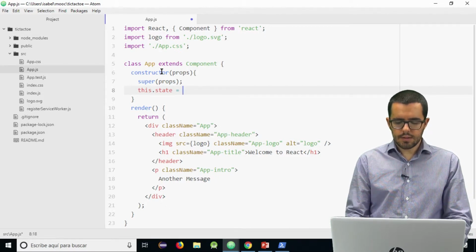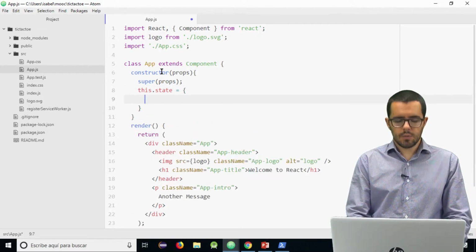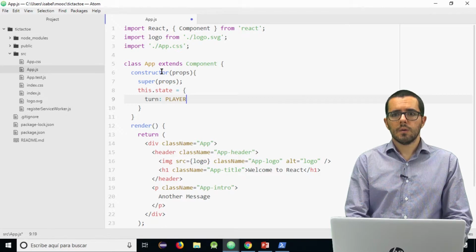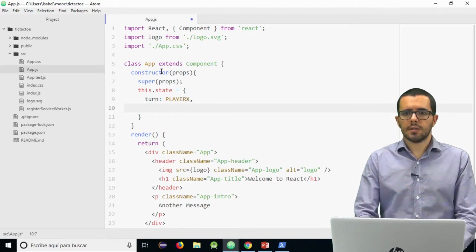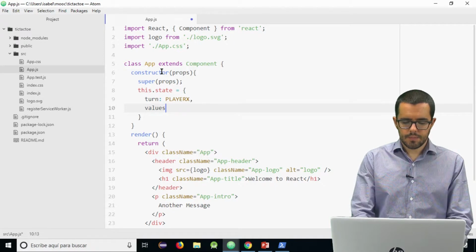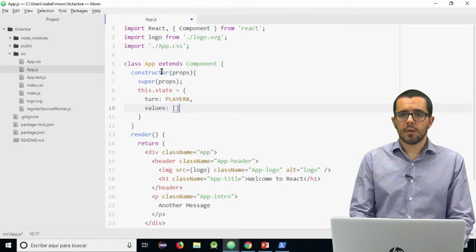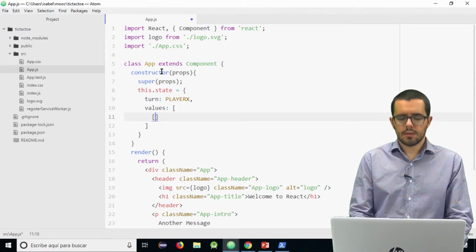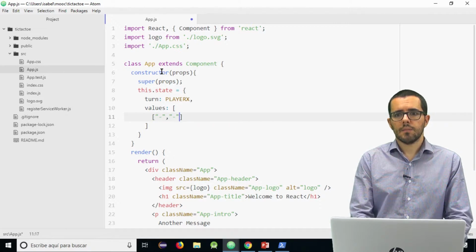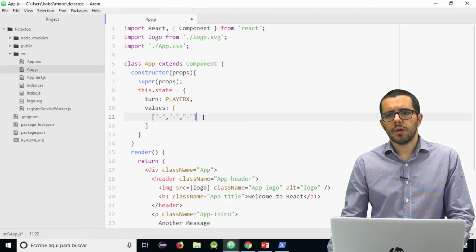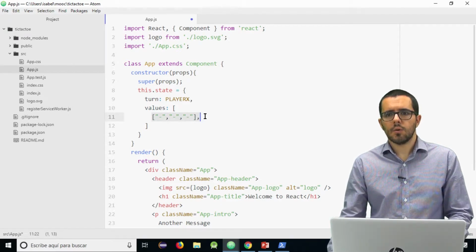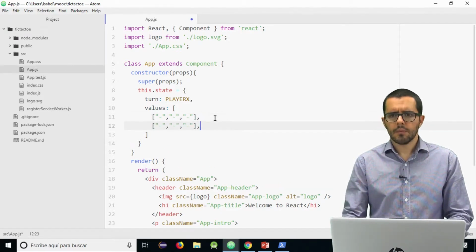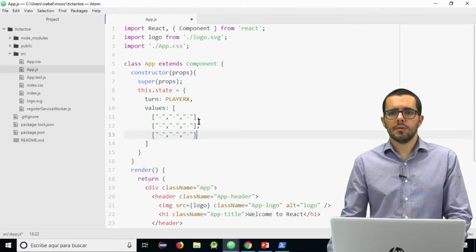Our state is just a JavaScript object with the turn, that is a constant that I will define now, and values. That is just an array of arrays, where each array has three cells or squares. Simple, simple. Now this is the state.